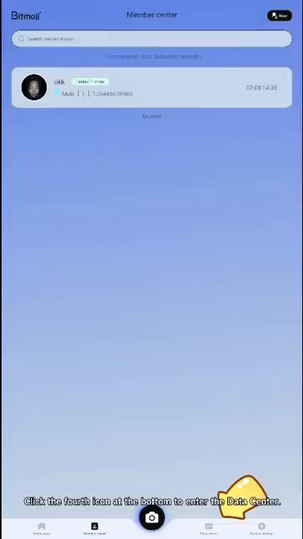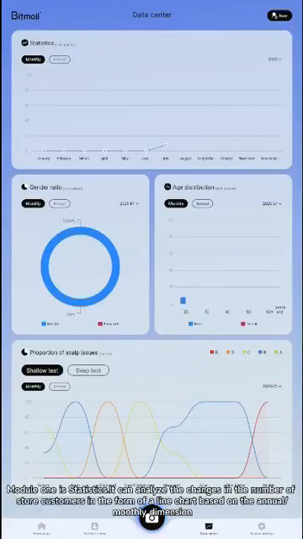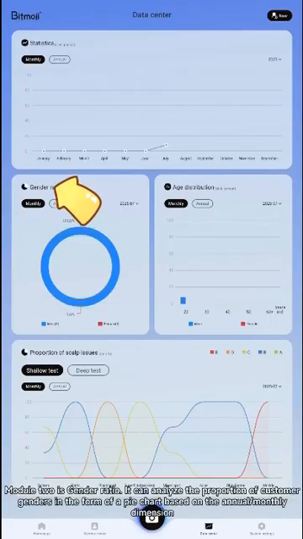Data Center. Click the fourth icon at the bottom to enter the data center. Module 1 is Statistics. It can analyze the changes in the number of store customers in the form of a line chart based on the annual, monthly dimension. Module 2 is Gender Ratio. It can analyze the proportion of customer genders in the form of a pie chart based on the annual, monthly